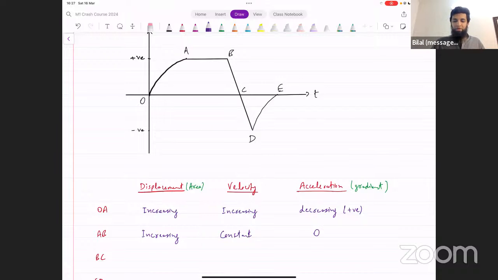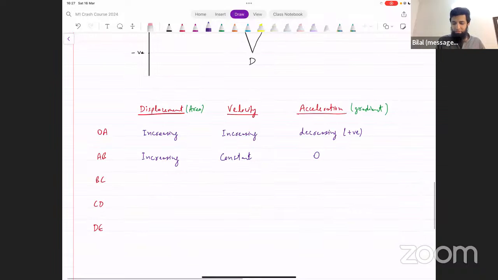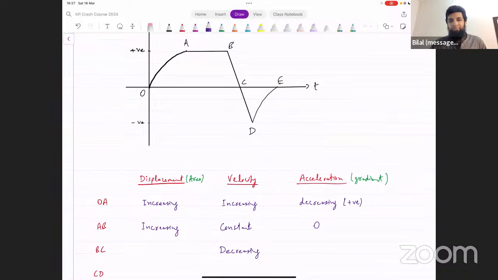What about BC? What's happening from B to C? Velocity is going from positive to 0. So velocity value is decreasing. What about displacement? What's happening to displacement from B to C? Increasing. Velocity is decreasing. Is the displacement still increasing? Yes, because